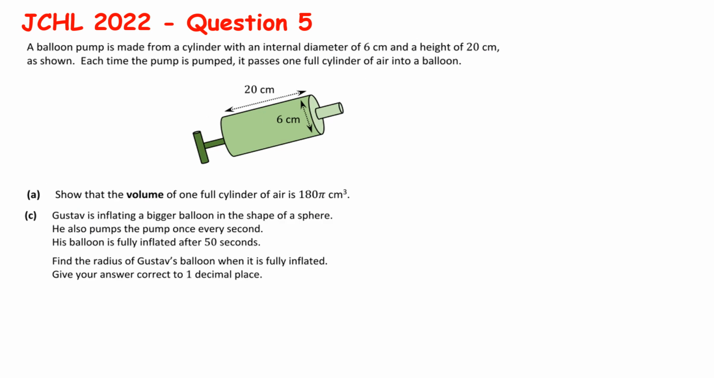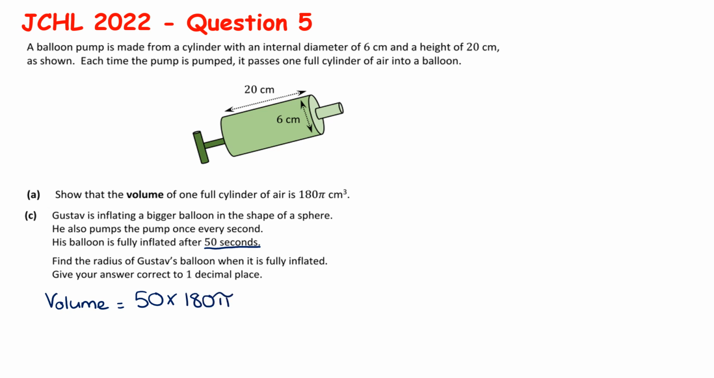So far, so straightforward. We're now on part C. So Gustav is inflating a bigger balloon in the shape of a sphere. He also pumps the pump once every second, and his balloon is fully inflated after 50 seconds. Find the radius of Gustav's balloon when it's fully inflated. Okay, so the first thing we need to do is work out the volume of the balloon. So the volume is going to be 50 seconds worth of pumps. So that is 50 multiplied by